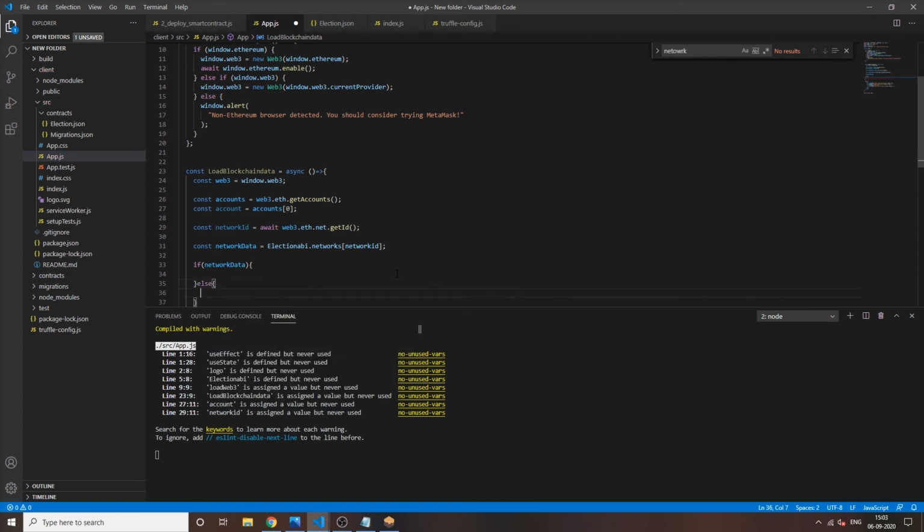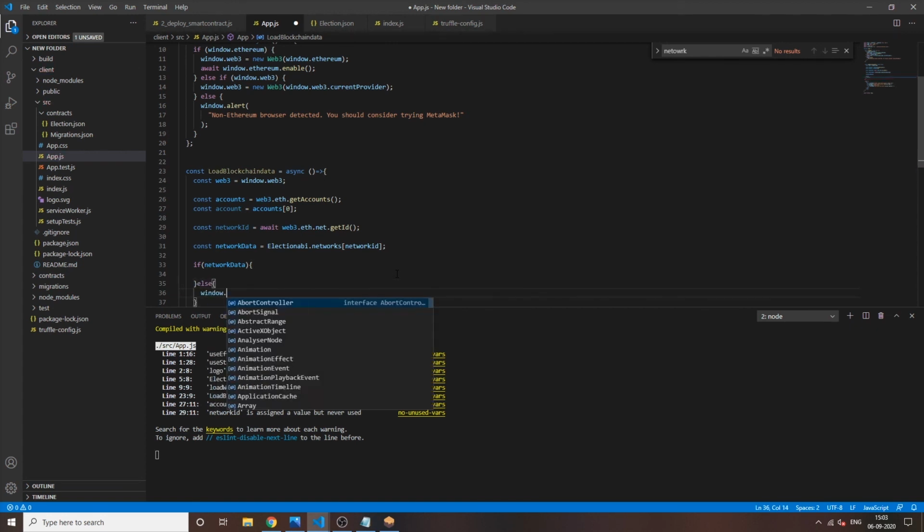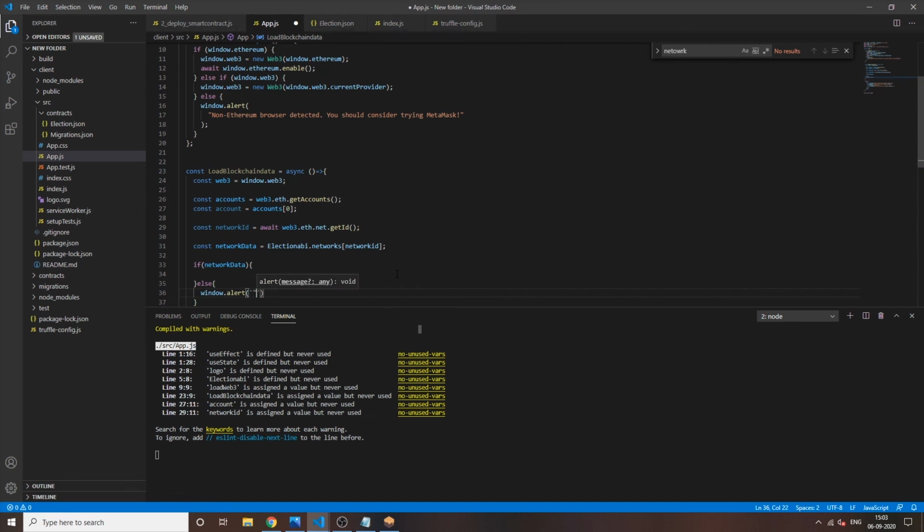So it will not allow it and it will just throw an error like window.alert. We can just say the smart contract is not deployed to the current network.